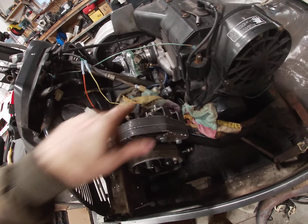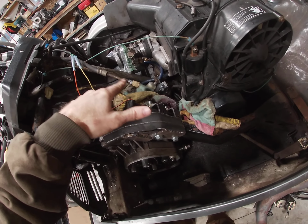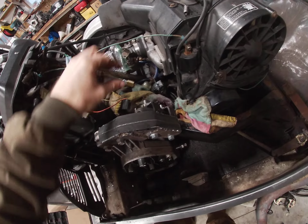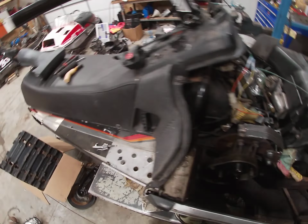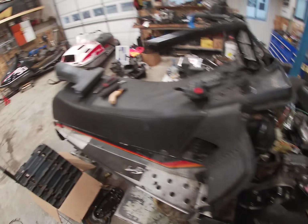Yeah, I wanted to show you. I'm going to put a union in. I flared this end already and put the fitting on. I've got the union, everything's kind of loose, but I just thought I'd show you that, and then I'll show you